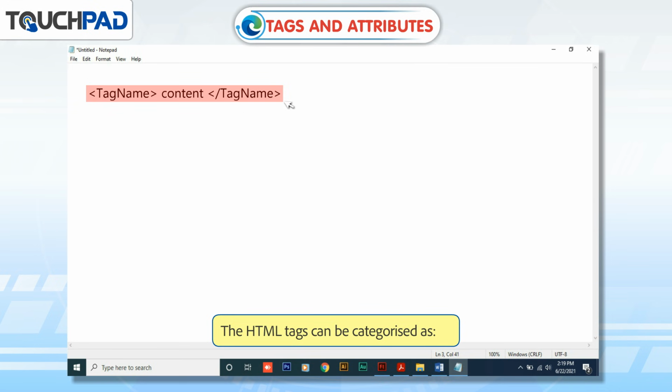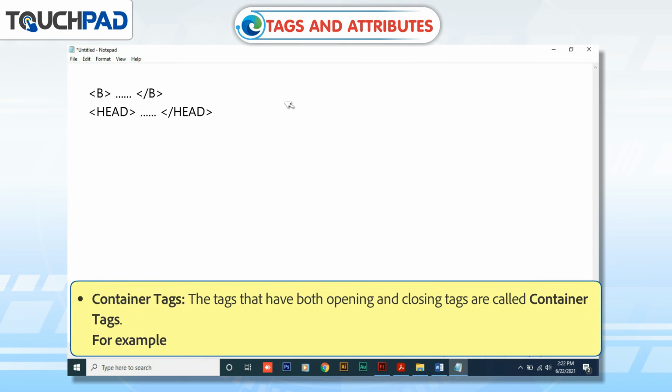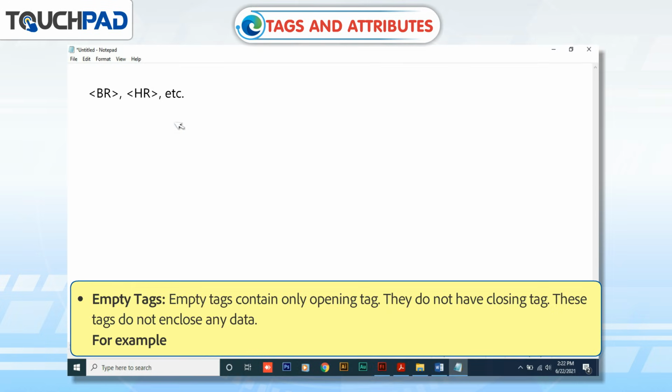The HTML tags can be categorized as container tags. The tags that have both opening and closing tags are called container tags. For example, empty tags. Empty tags contain only an opening tag. They do not have a closing tag. These tags do not enclose any data. For example,